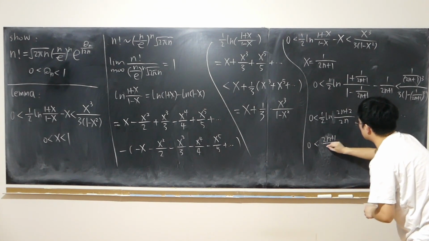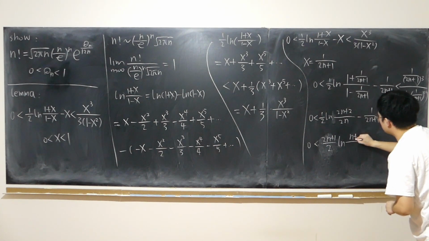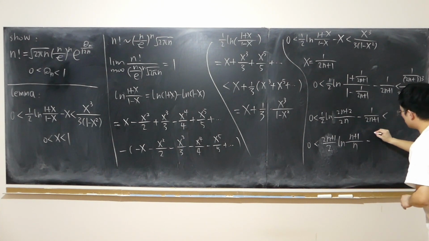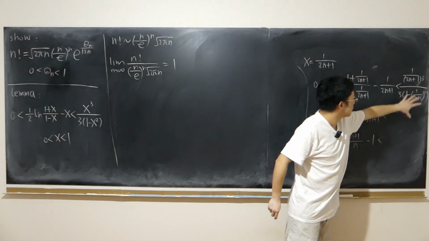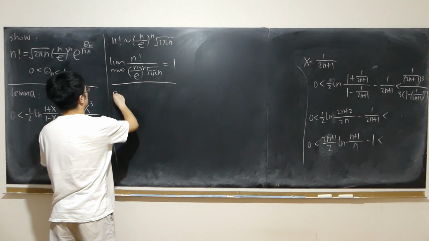2n plus 1 over 2 log of n plus 1 over n minus 1 is less than 2n multiplied by this part. All right, what is that? All right, so let's work out the right-hand side. So this time the right-hand side,